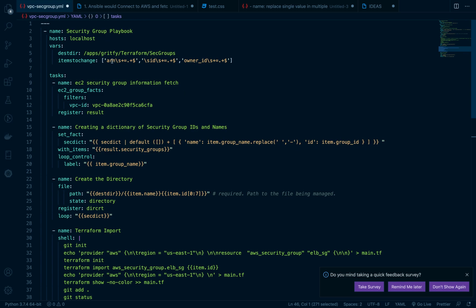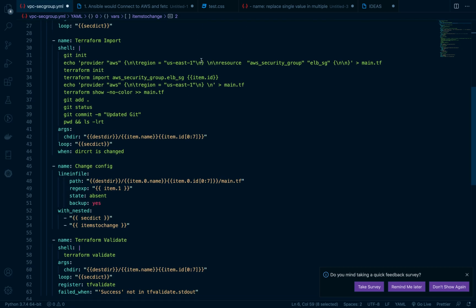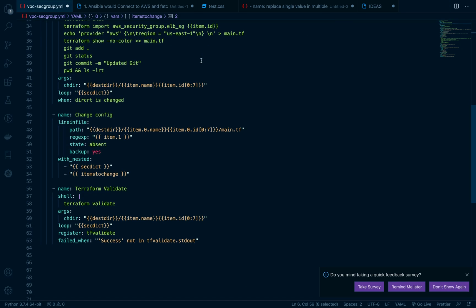The elements would be like ARN, SID and owner ID. These are often auto generated values which have to be removed, so that the terraform files would be the way that you are going to write them. So it can be used.